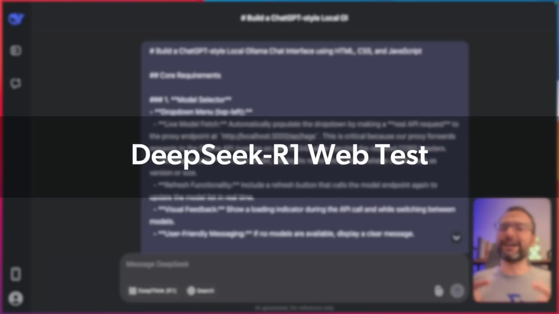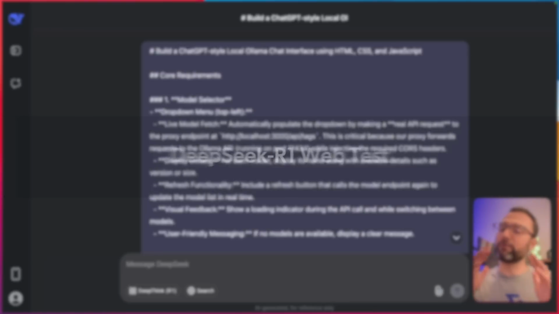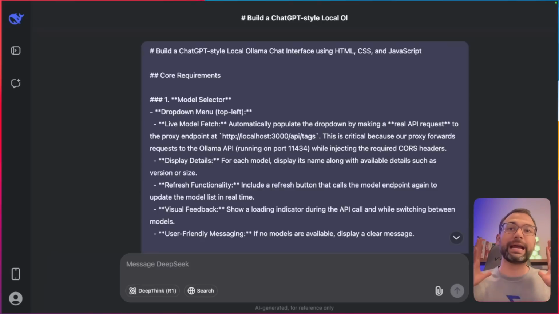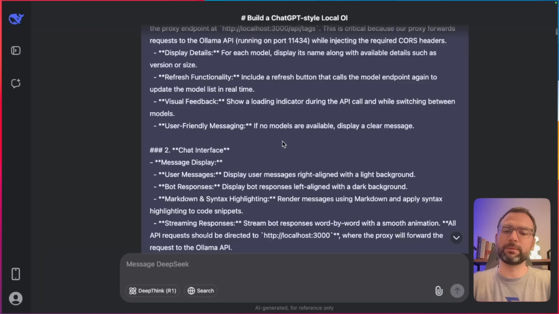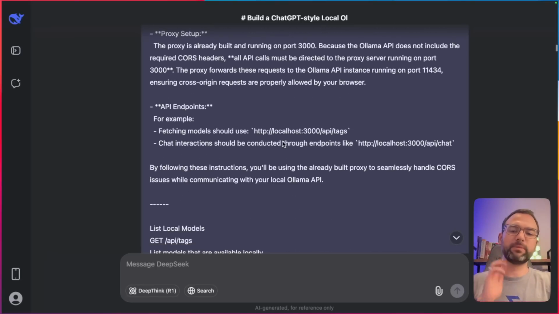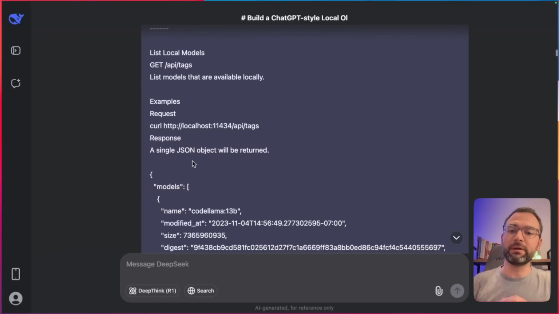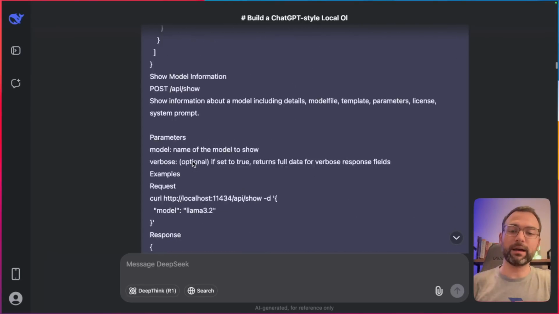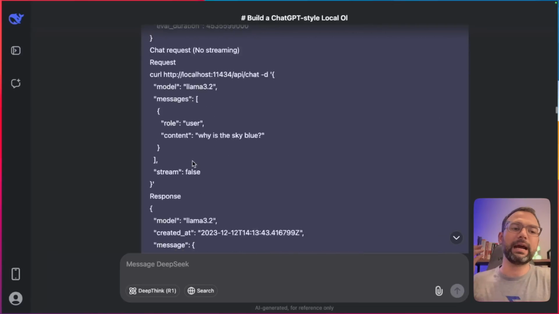All right, guys, so now it's time to see how DeepSeek performs when it comes to building an application in a single shot. Like I mentioned, we're running the exact same task. We pass in the same prompt where we say, please build a website. We give a little information on Ollama and the API library around it, and then we let DeepSeek go off